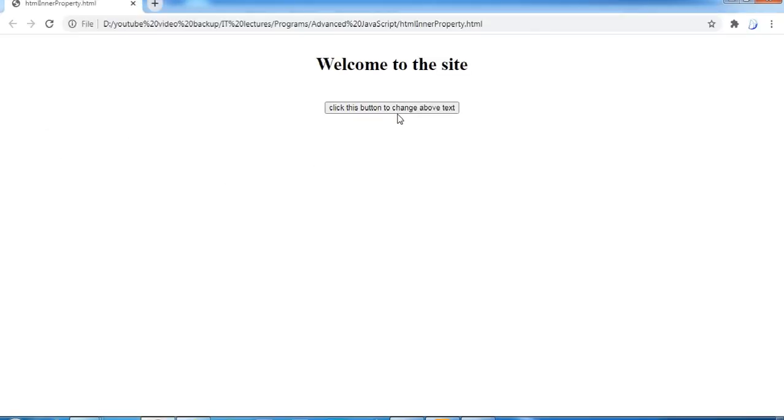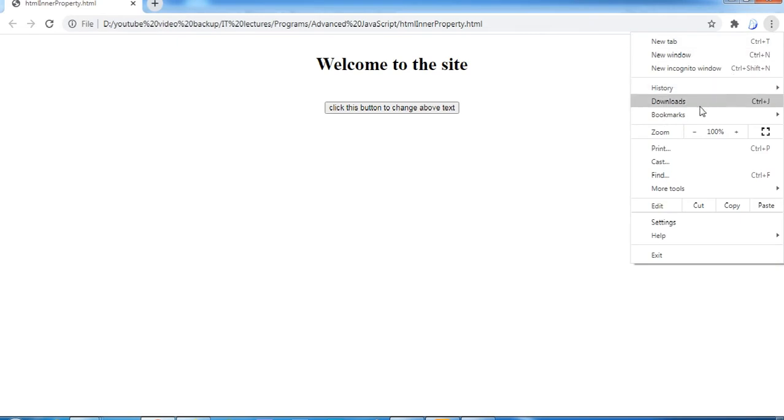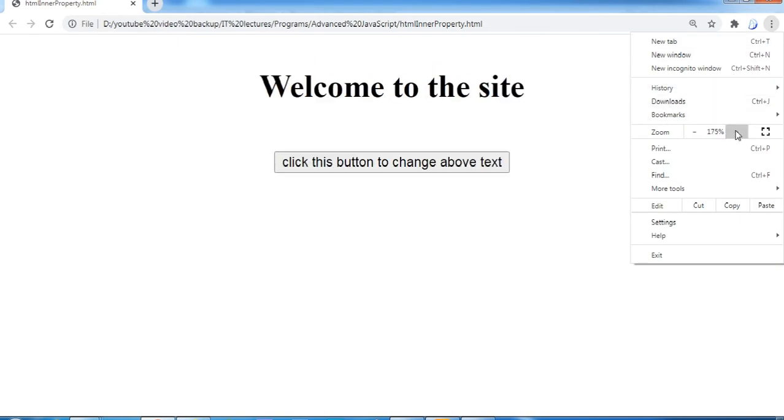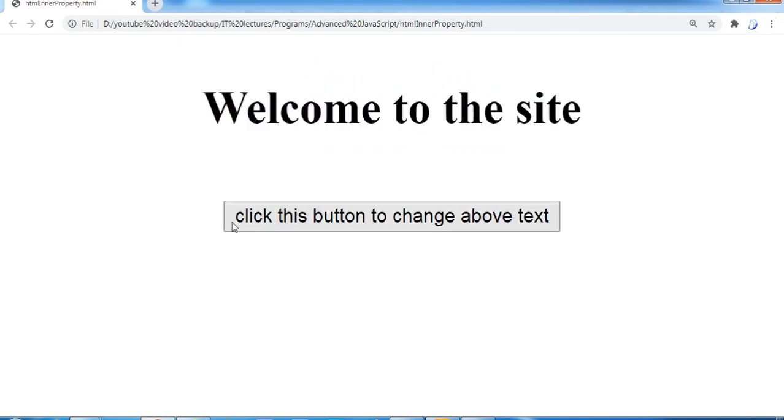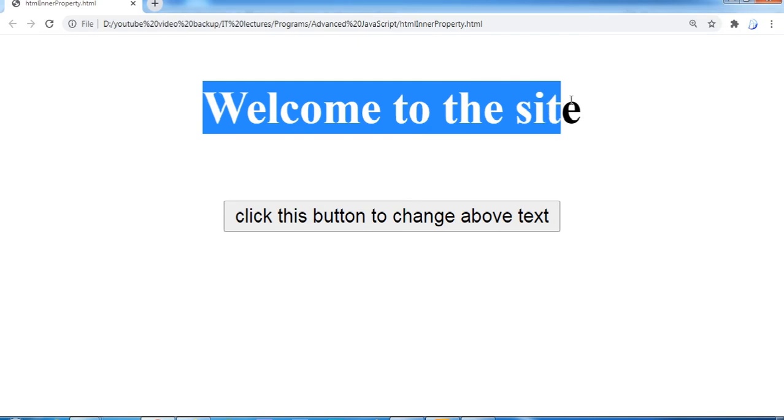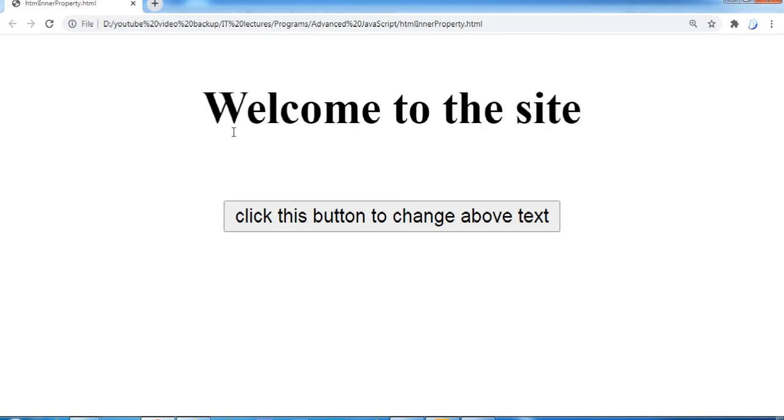If I run this, you can see the button here. Click this button and change the above text. If I want to change the above text, which is the above text? Welcome to the site. If I click here, the text here will be changed.